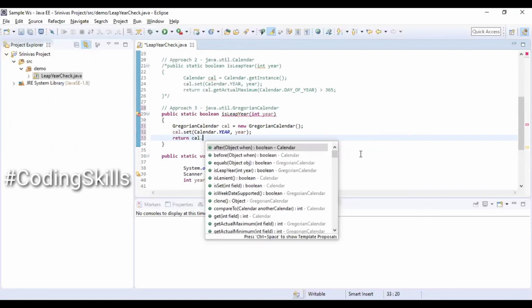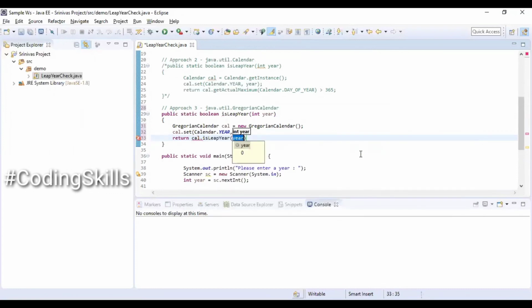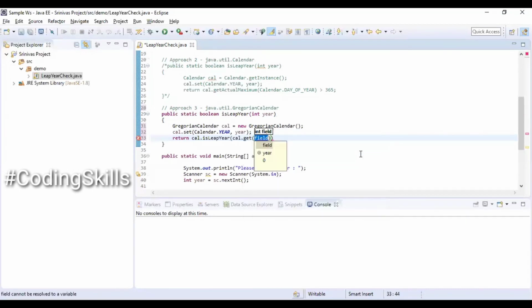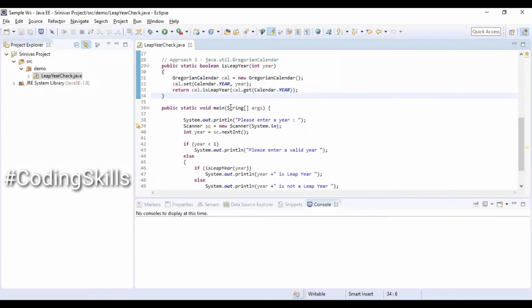So return cal.isLeapYear, and calendar.get with the respective field, which is Calendar.YEAR. This predefined method is going to check and give us true or false. So we are done with the program and running.